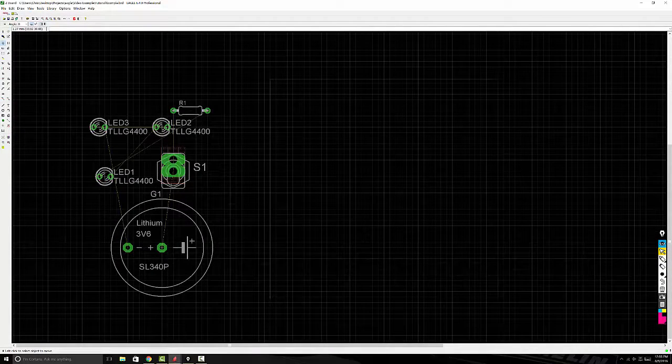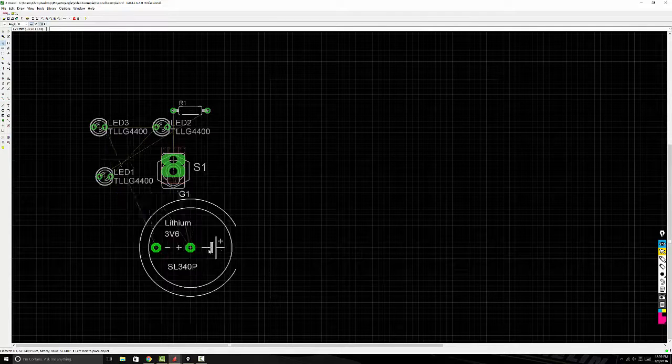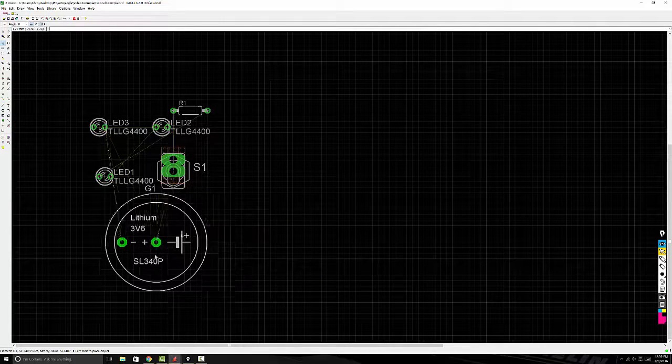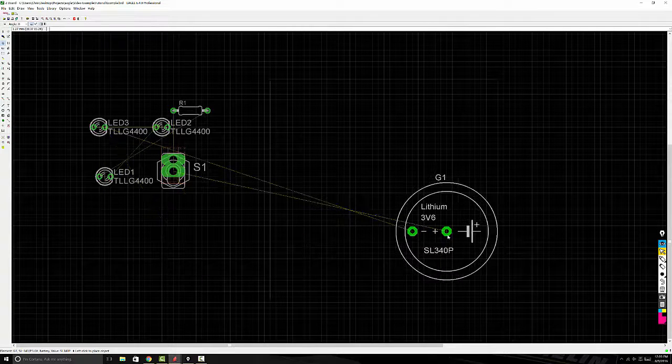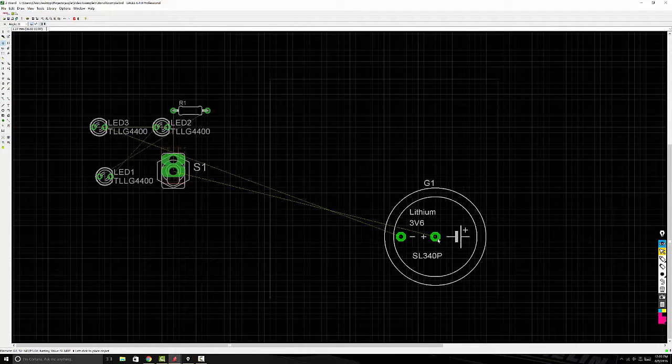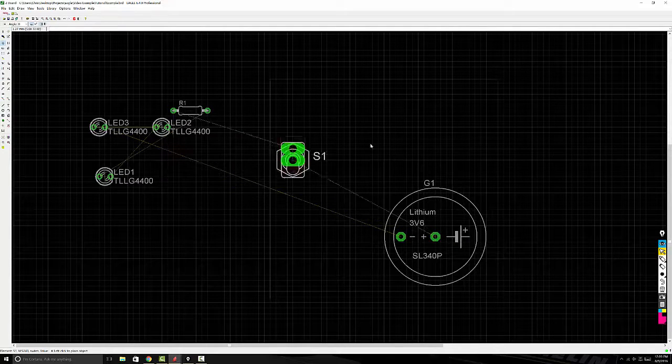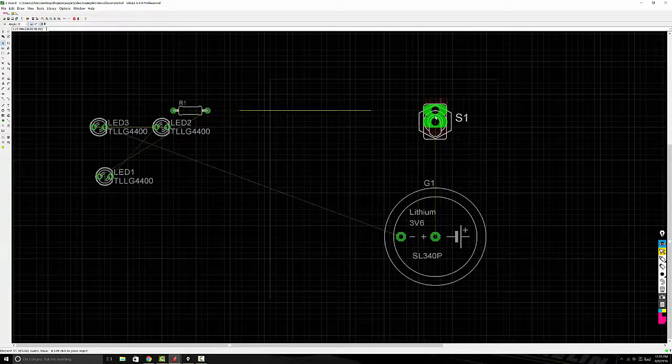Now you can see our 5 centimeter by 5 centimeter board, and on the left-hand side you will see all of the components that we added in the schematic. The symbols will look different because these are the physical footprints of the components that you selected in the schematic. So in our example, we have a battery, which using the move tool, I can click on and drag. So I'm going to drag that onto the board. The switch, also going to drag that onto the board. The resistor,